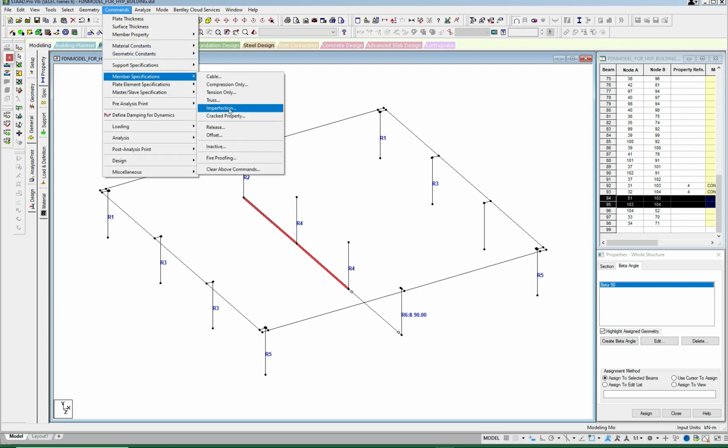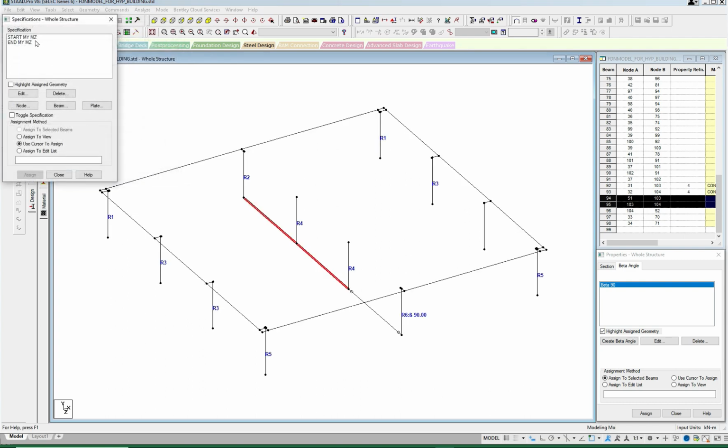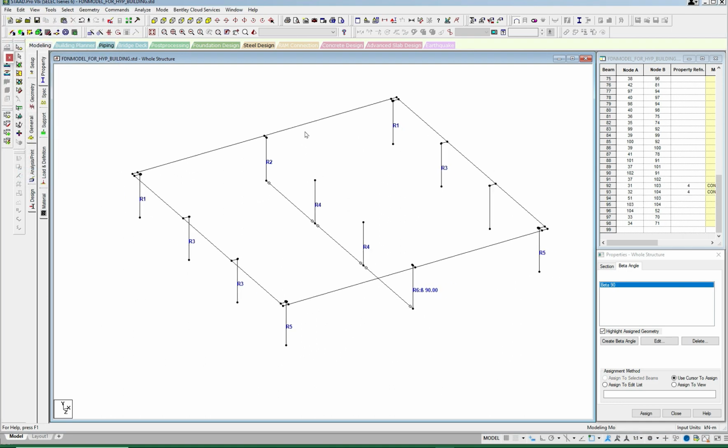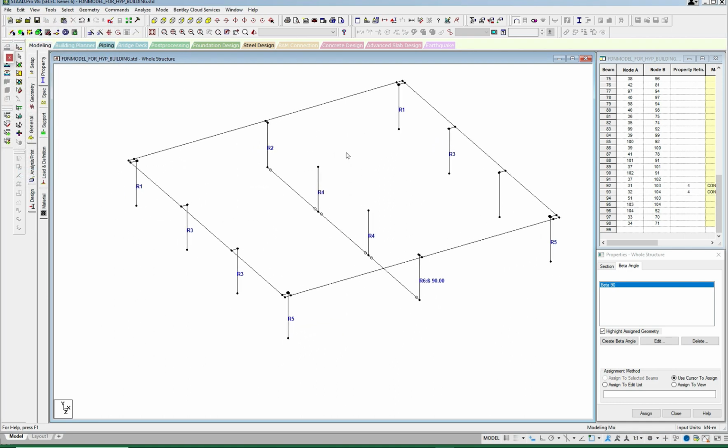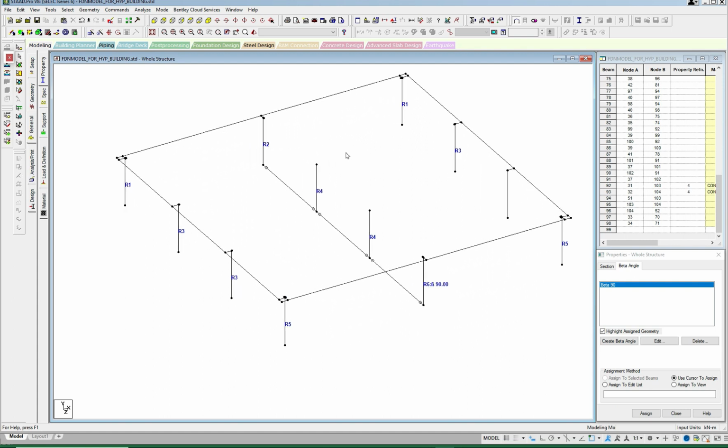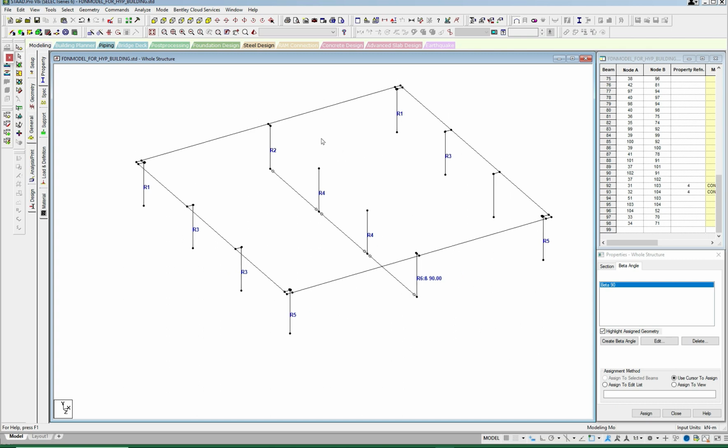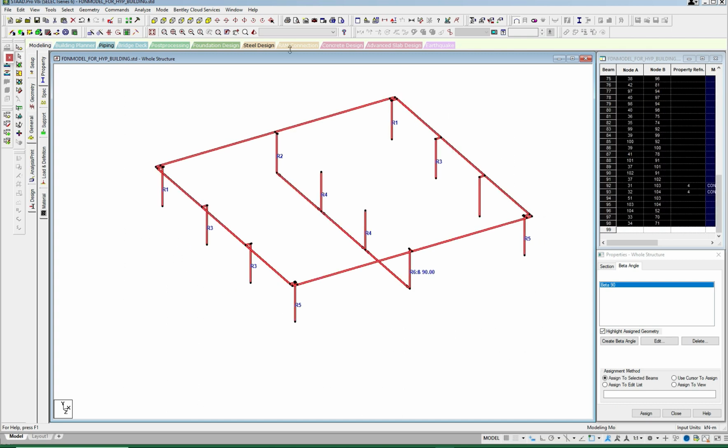On member inspection, release, these releases are removed, assign. So if you look at the view here now,